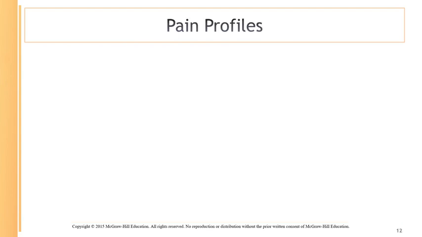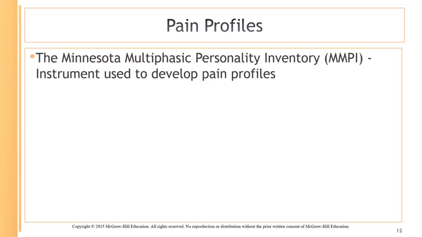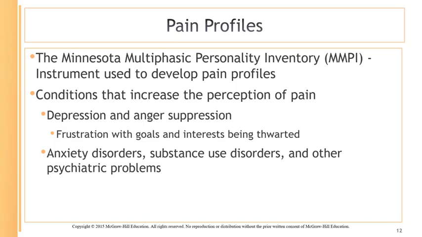So one thing that's been helpful for treating patients with chronic pain is to develop psychological pain profiles of different groups. And so researchers have drawn on personality instruments, and one is the MMPI. It's an instrument that's used to develop certain profiles of people that tend to exhibit symptoms of pain and feel pain. And so chronic pain patients have shown elevated scores on 3 MMPI subscales. And so these are hypochondriasis, hysteria, and depression. And so this constellation of traits is commonly referred to as the neurotic triad.